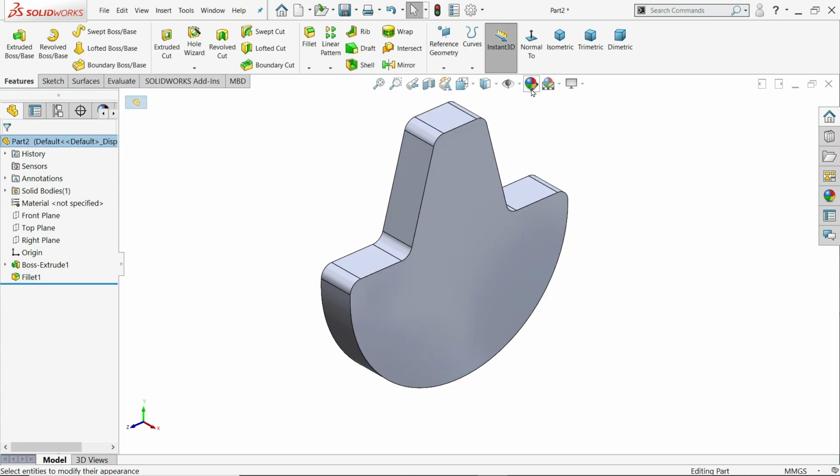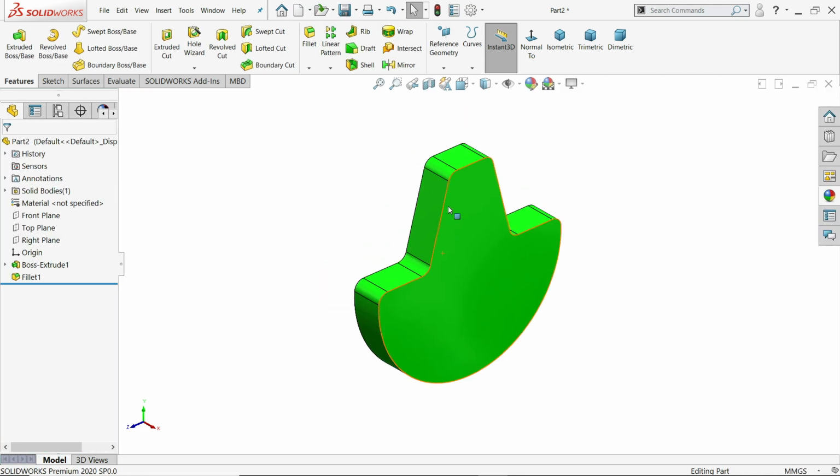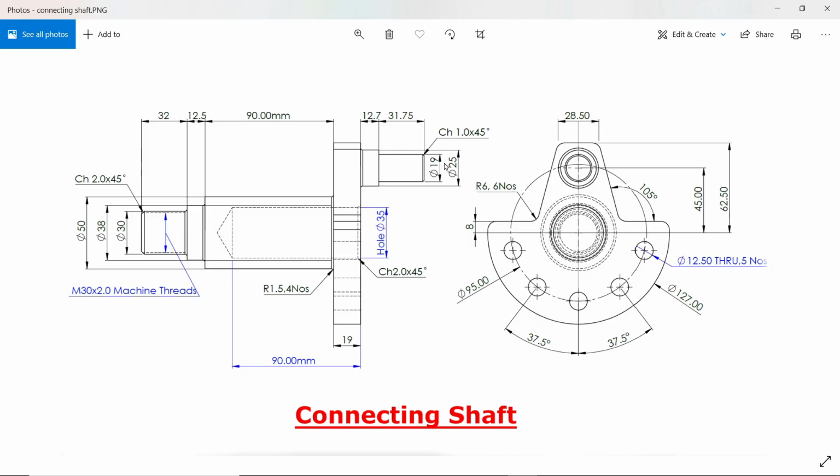Now I'll define this color. Okay. Now let's create this stem. 25 and 19 millimeter inside one, 25 millimeter the outer one, 12.5 outer one, 12.7, 31.75 millimeter, and the corner there is a chamfer. CH, chamfer 1 millimeter at 45 degree. Okay, and the distance from center point is 45 millimeter. So let's make this one.